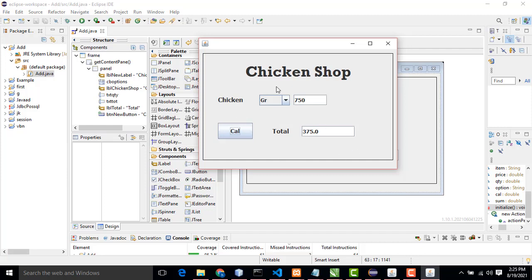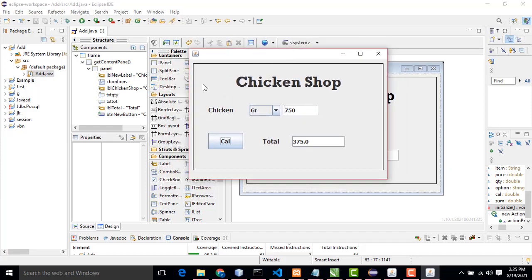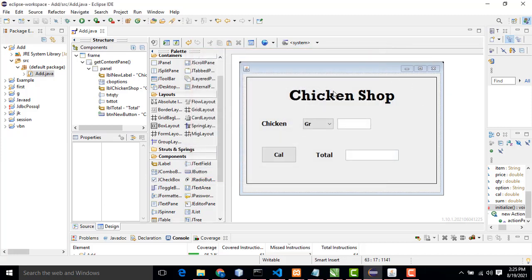Okay, very simple. These systems are very essential when you are going to deal with an inventory management system. It's a must. That's why I have made this system. So let's see how to make the system step by step.